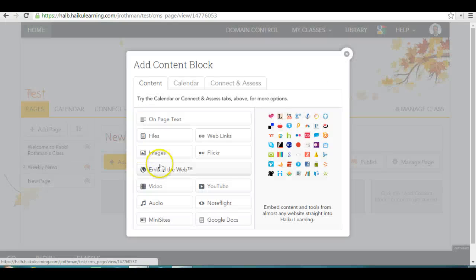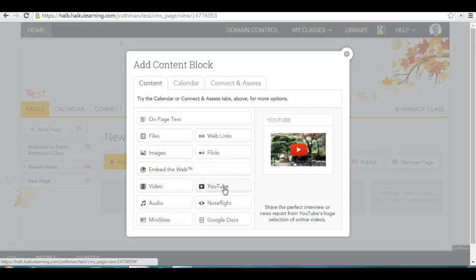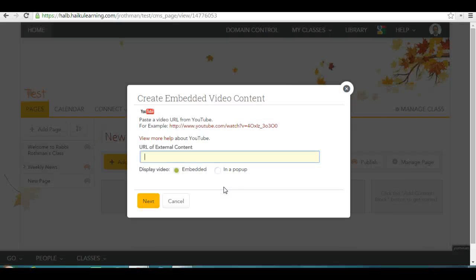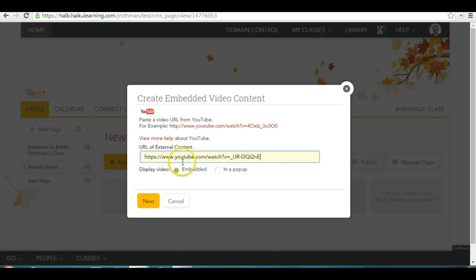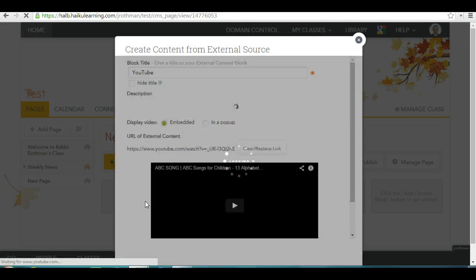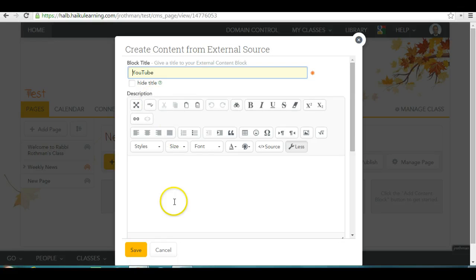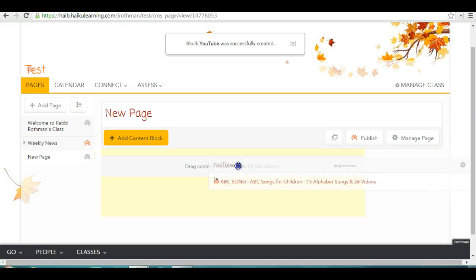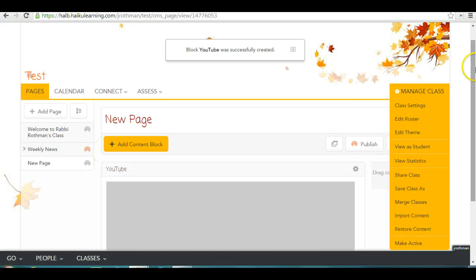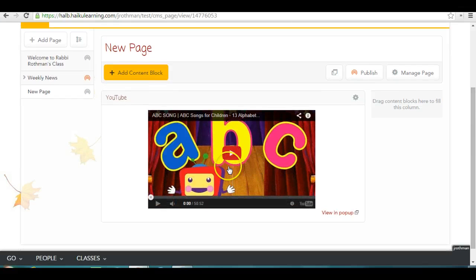Add content block and YouTube. YouTube and Haiku really work well together because YouTube is a Google company and Haiku and Google have a good relationship with each other. So I click on YouTube, just paste that URL that I had, click next. Again, if I wanted to write some text next to it, I could. I'm just going to click save, and you'll see again it put it here on the right so I can't see it. Drag it here to the left, sorry, and right there in the middle of your page